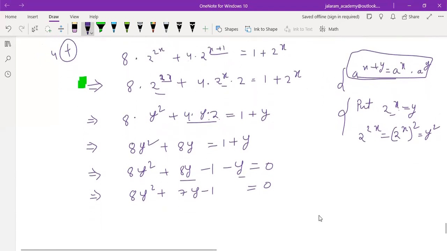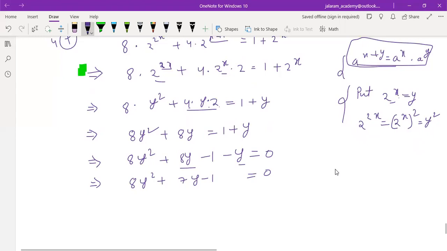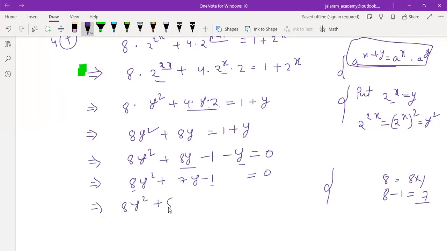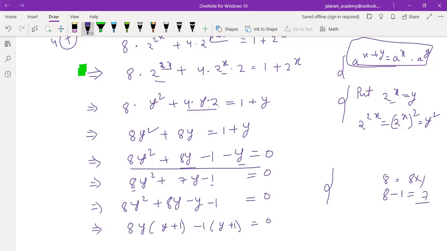So we can solve this equation by the quadratic method. Means 8 ones are 8 and factors are also 8 into 1. It is giving the same result again. 8 minus 1 is 7. So 8y square plus 8y minus y minus 1, same result as this. Sometimes it is different also. That's why first we have to change it to simplest form. Okay. Now when we take 8y common, it is y plus 1. When we take minus 1 common, it is again y plus 1 equals 0.